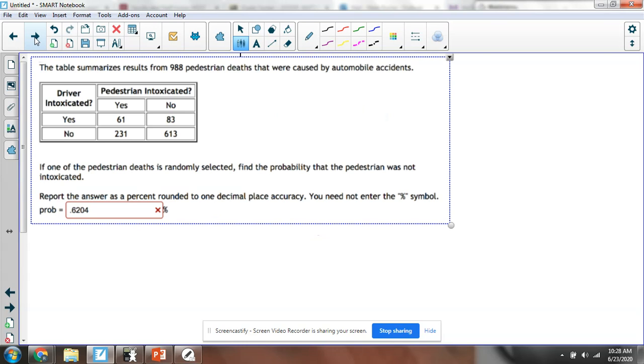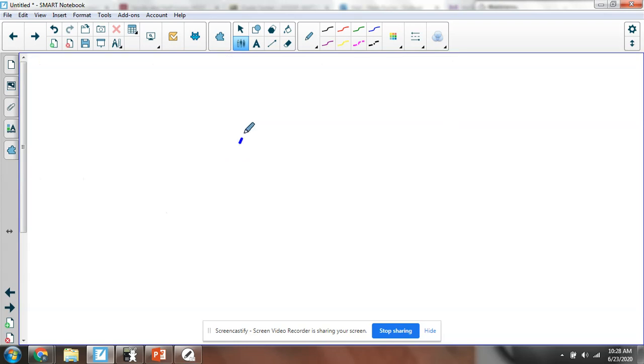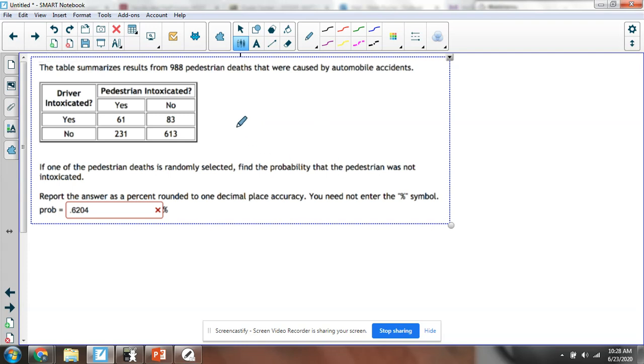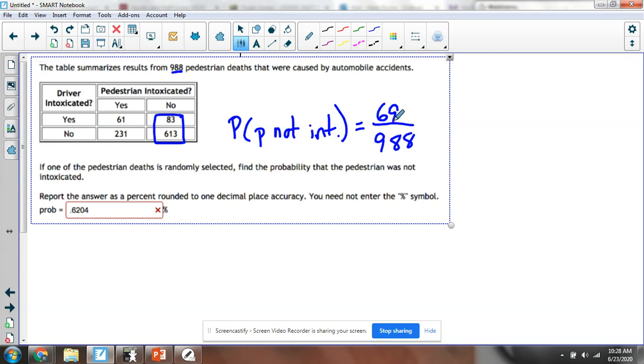And the last one, if one of the pedestrian deaths is randomly selected, find the probability that the pedestrian was not intoxicated. Okay, so we know the total number of people is going to be 988. Out of all those 988, how many involve a pedestrian not being intoxicated? That's just going to be these two groups. So it's 83 plus 613, which is 696. So if you divide that